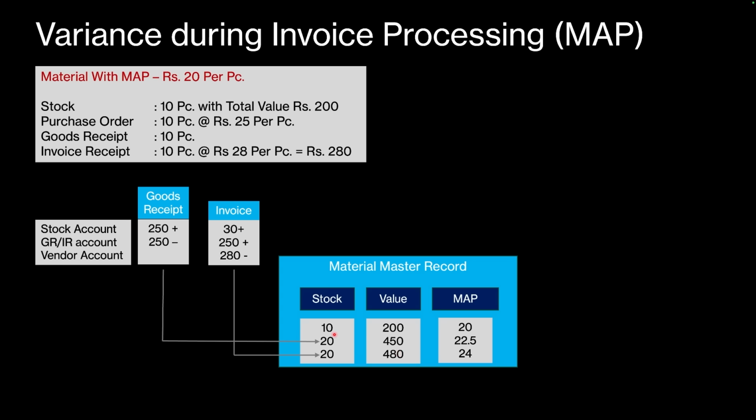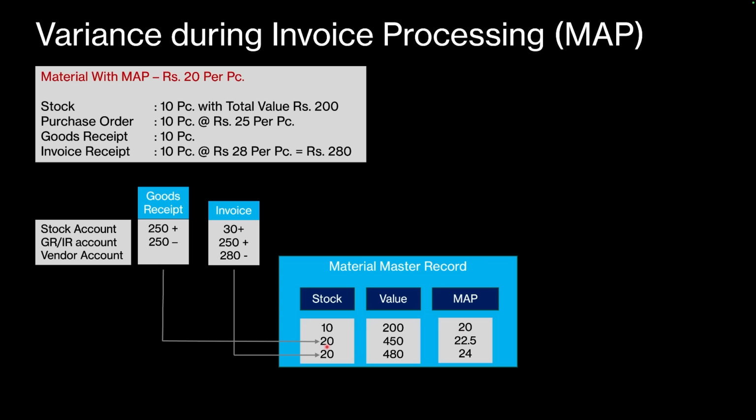So earlier you had 10 quantity with a total value of 200 rupees and a moving average price of 20 rupees. When you did the goods receipt for 10 pieces at 25 rupees per piece, you added 250 rupees to your stock account. So the total quantity becomes 20, that is 10 plus the GR quantity of 10, and the total stock value becomes 200 plus 250. So the total value becomes 450, and the system adjusts the moving average price to 22.5 rupees, that is 450 divided